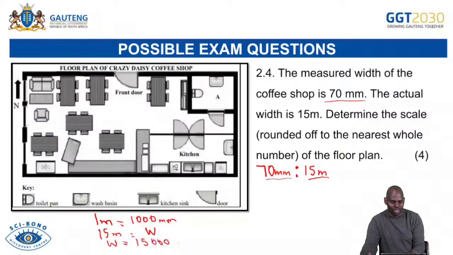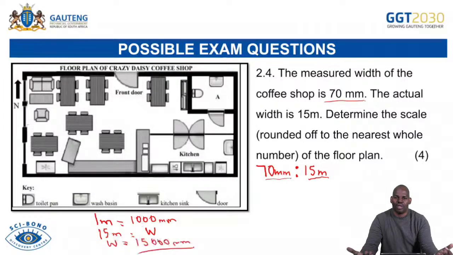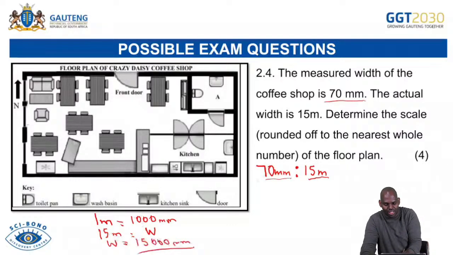Okay, so it's 15,000, and this is in millimeters. This is how you convert. Remember, use the cross multiplication method, or whatever method you are using at your school to do conversion, as long as at the end of the day that method gives you the correct answer. So this one is the same as 70 millimeters